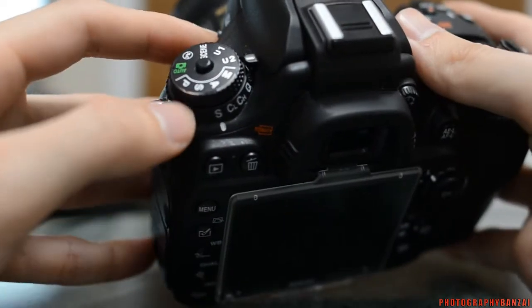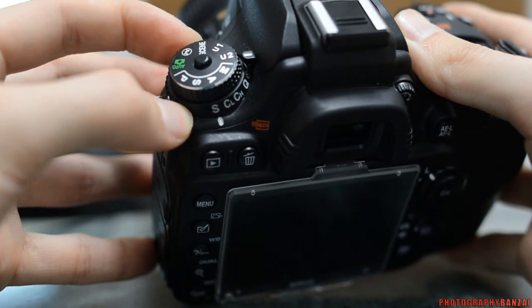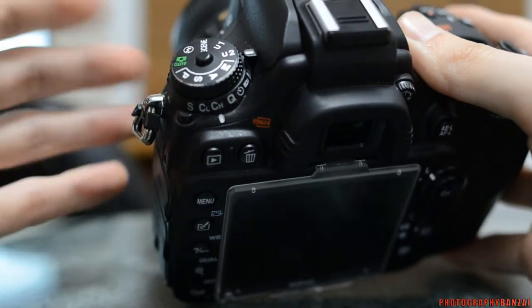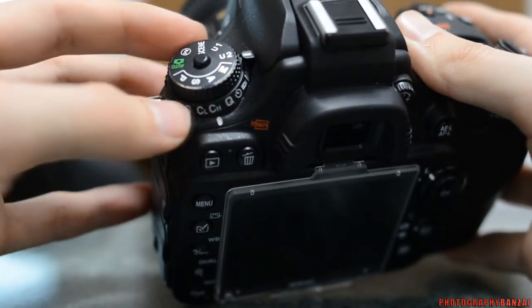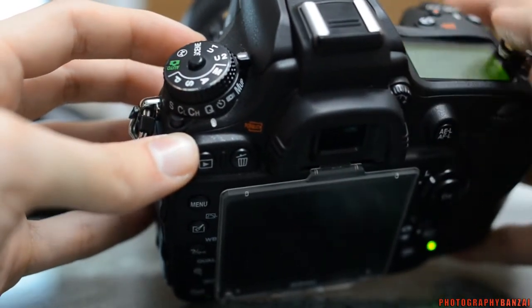Similar to this button here, you hold down and then you can cycle this. S is just single shot, and then you've got your continuous shooting modes, low and high speed, and then the quiet shutter mode. I'll show you that real quick if you're not familiar with the